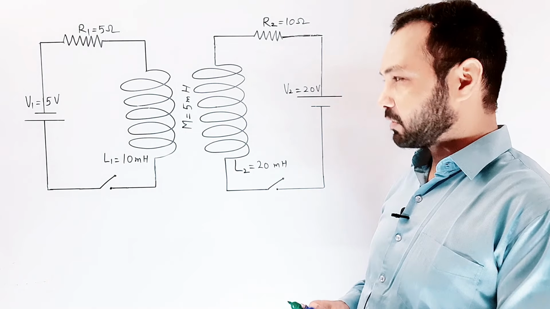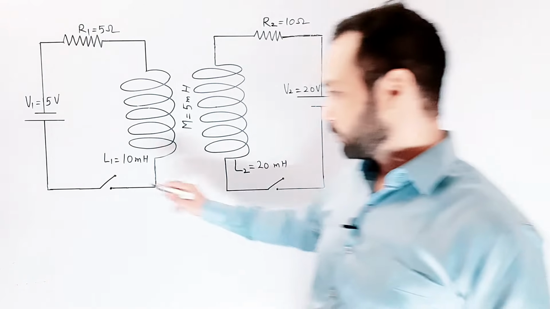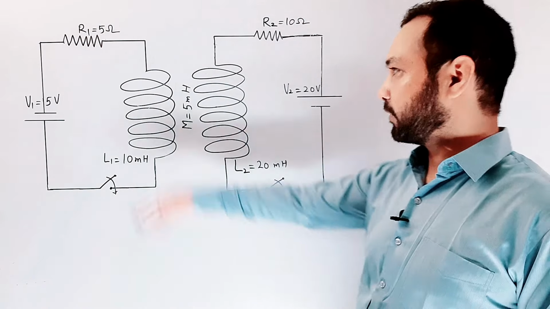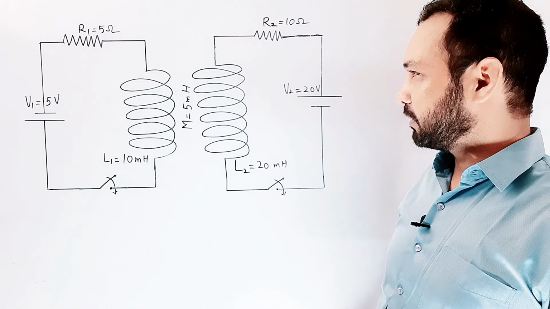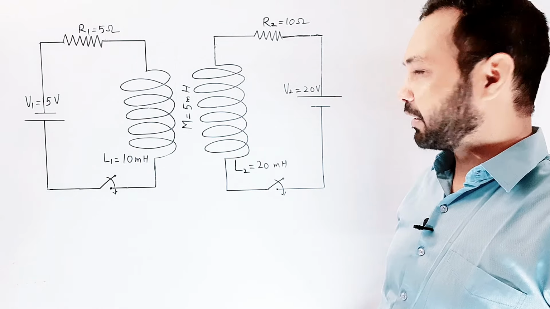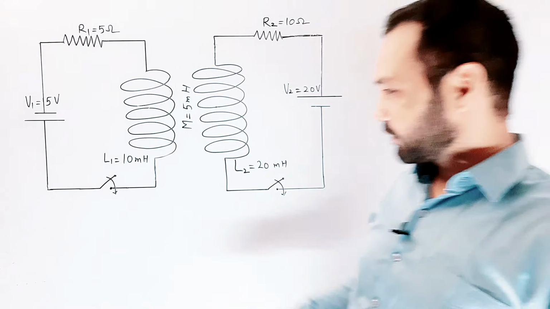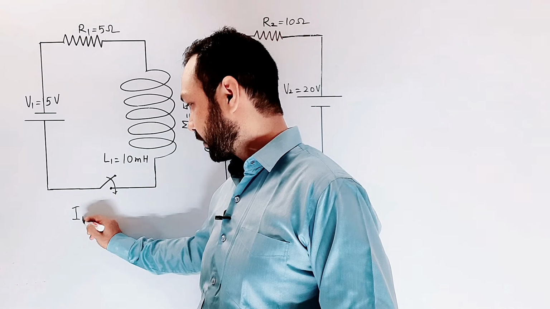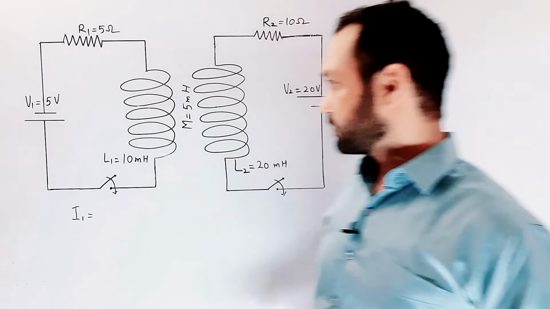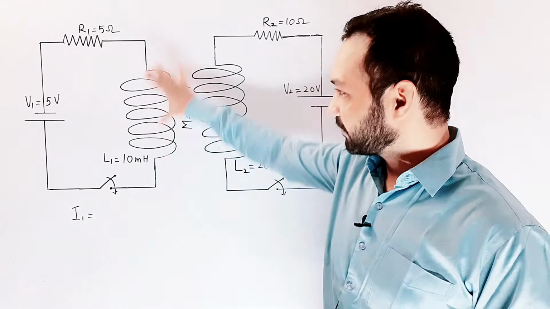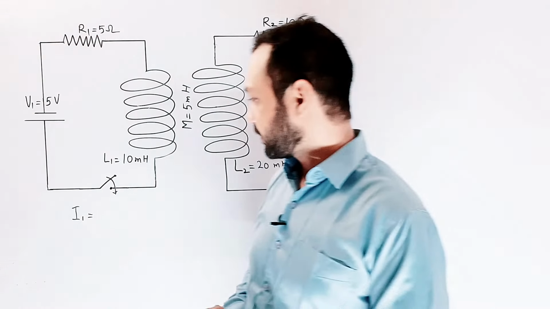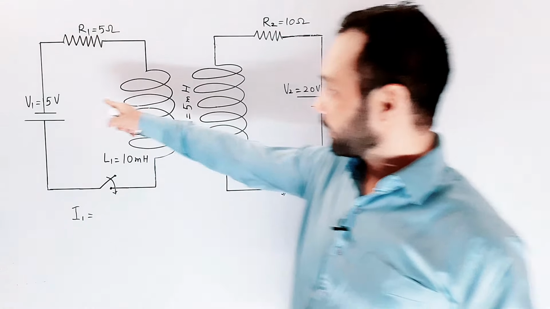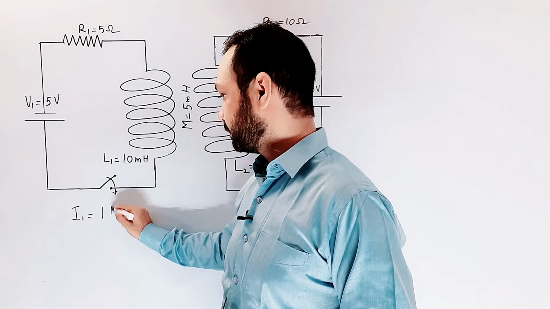Initial current in both the circuits is 0. So after closing the circuits, what will happen? There will be growth of current in both the circuits, and they will achieve a steady state current after theoretically infinite time. So steady state current in this circuit will be, let me write it, I1. When the steady state arrives, the inductor will behave as a conducting wire. So steady state current here will be V1 by R1, and V1 by R1 will be just 1 ampere.